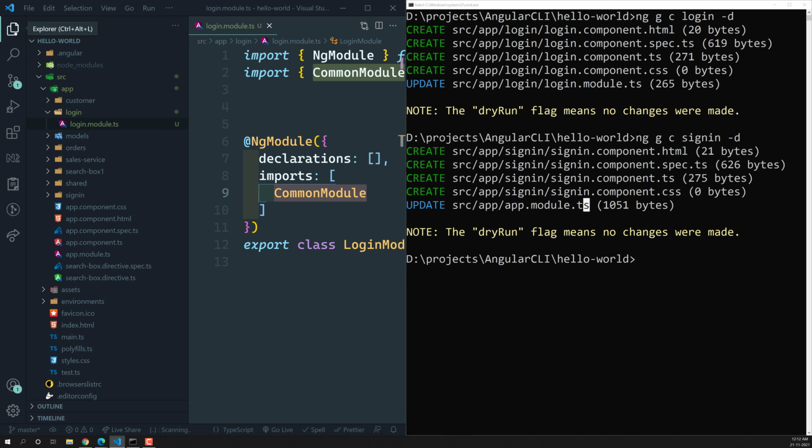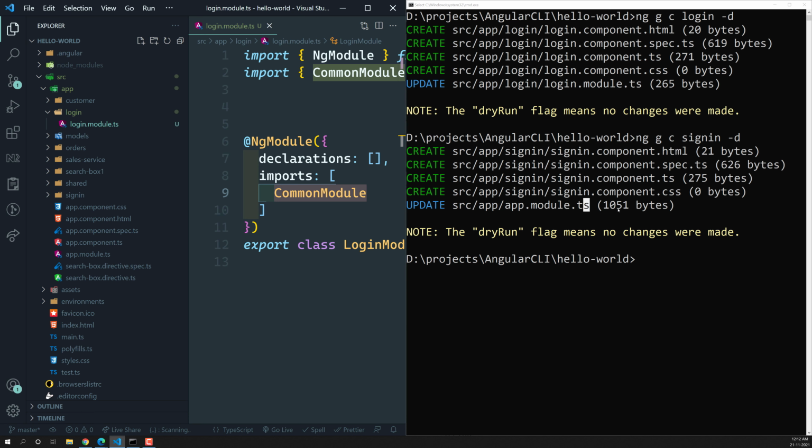Why? Because the sign in folder will be created in the app, and the nearest module is app.module. The login module is present in the login folder, but at the same level the app module is present, so it gets updated in the app module.